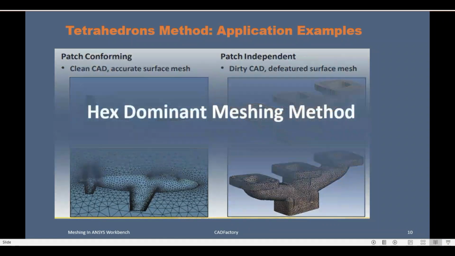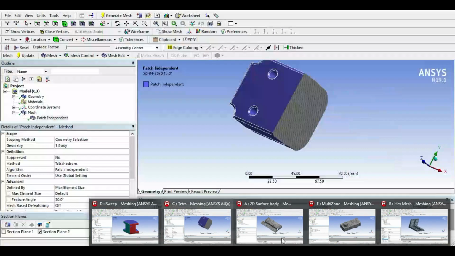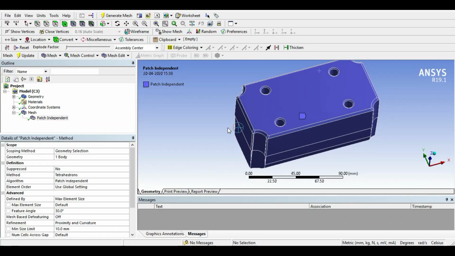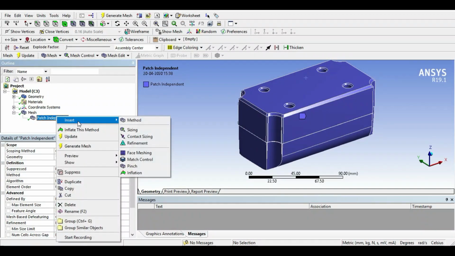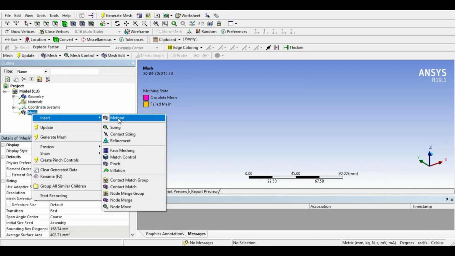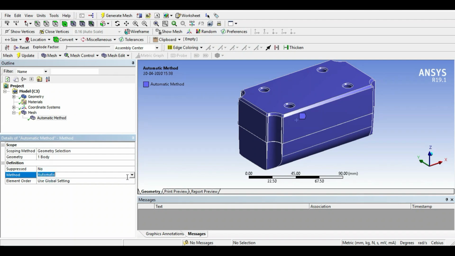So before moving to hex dominant meshing control, we can see these two, patch conforming and patch independent methods, in the software itself. For this I have imported one of the geometries. So this is the geometry I have imported in the Mechanical window, and to create this, delete the already created method and insert method here, then select geometry for this method, then change method type here from automatic to tetrahedron, and here is the algorithm.